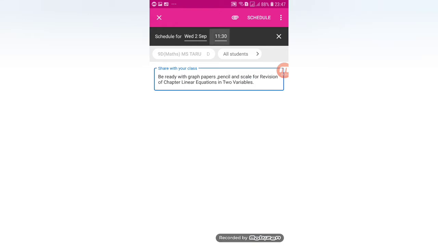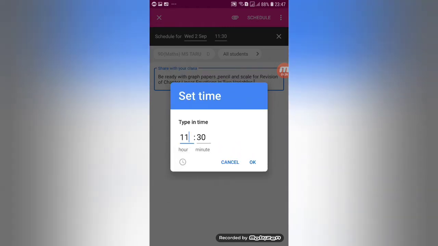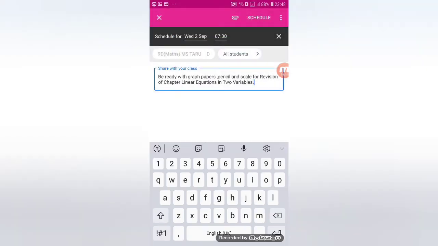So I will complete the work from my part, and then the rest is for the classroom itself to open it at that particular time. Suppose I want to write 7:30. So I will write 7:30, the time at which it will open automatically tomorrow morning. Okay, so that is scheduled.